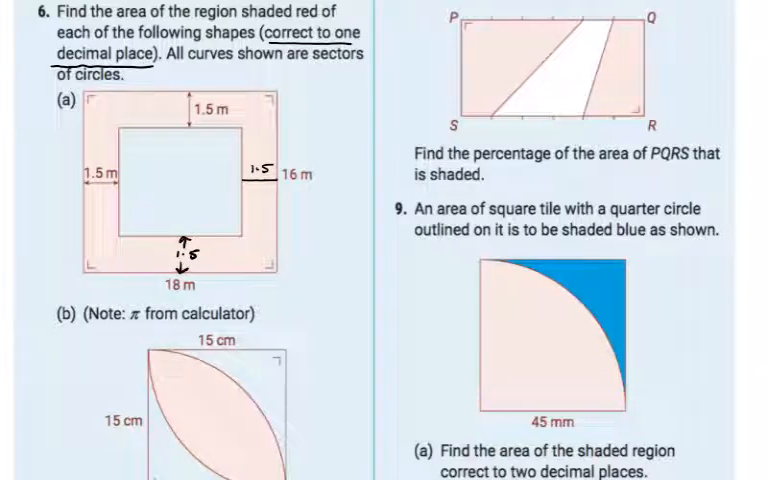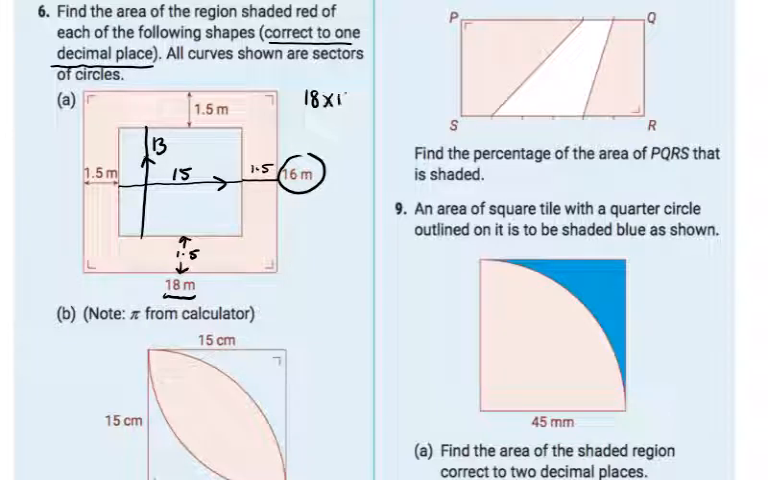So if we continue this line across, it's 1.5, 1.5 is 3, so that leaves us with 18 minus 3, 15 going that way and going this way. We've also got to take away 3 from 16. So the whole thing, which is 18 by 16, if we take away the area of the inside, 13 by 15,